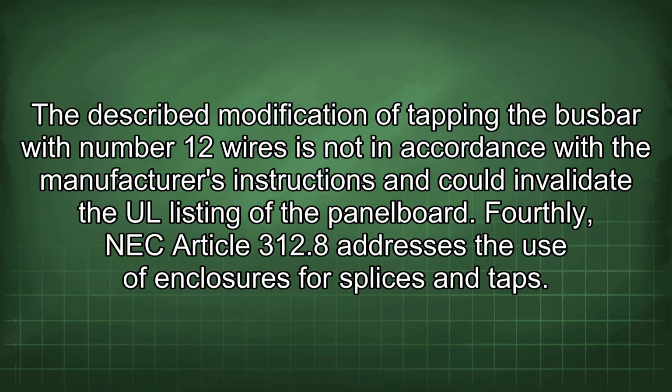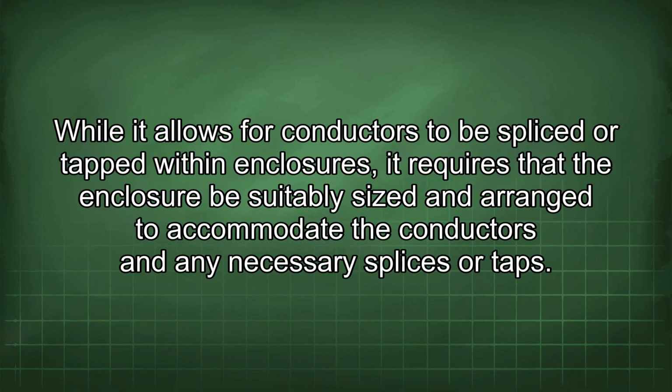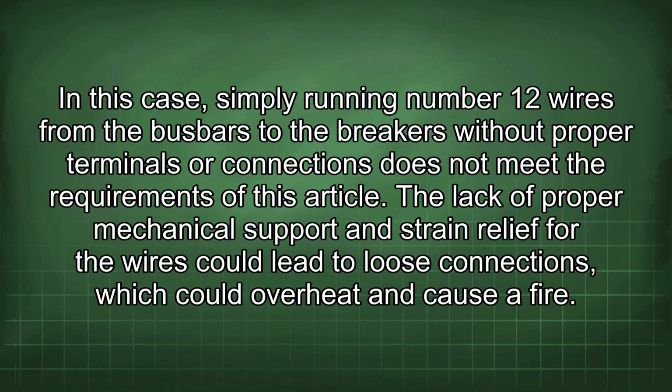Fourthly, NEC Article 312.8 addresses the use of enclosures for splices and taps. While it allows for conductors to be spliced or tapped within enclosures, it requires that the enclosure be suitably sized and arranged to accommodate the conductors and any necessary splices or taps. In this case, simply running number 12 wires from the busbars to the breakers without proper terminals or connections does not meet the requirements of this article. The lack of proper mechanical support and strain relief for the wires could lead to loose connections, which could overheat